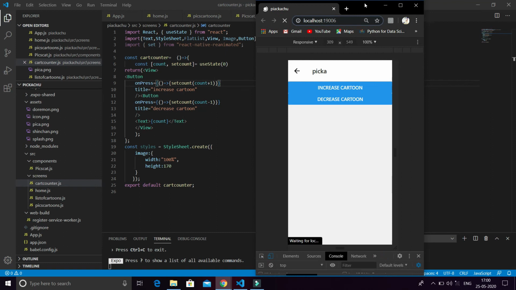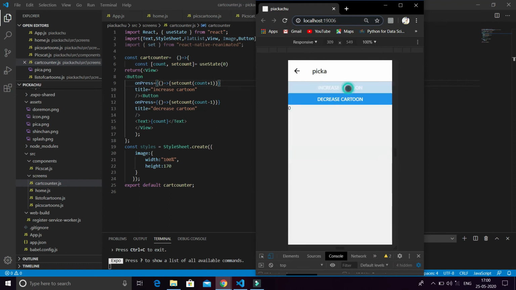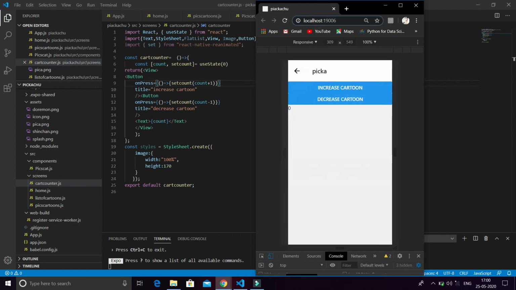It is refreshing. When we increase, it is increasing, and when we decrease, it is decreasing our count. Let's see the initial state first by refreshing it. I refresh it, and the initial state is 0.